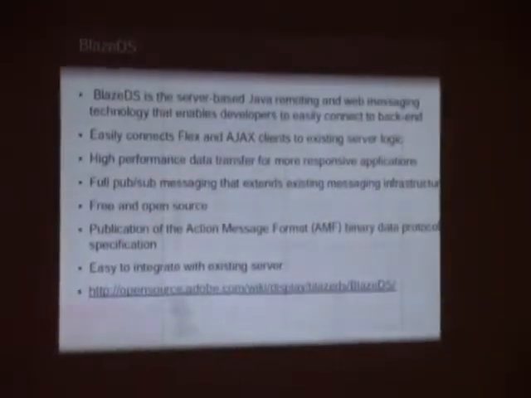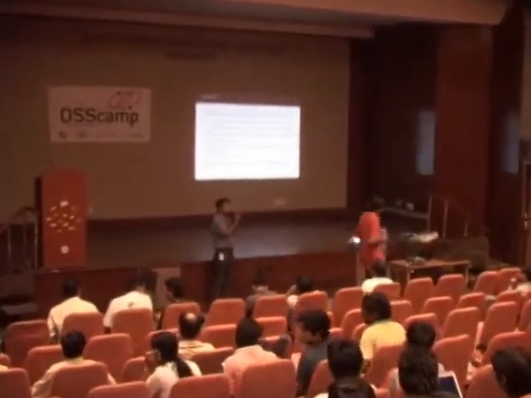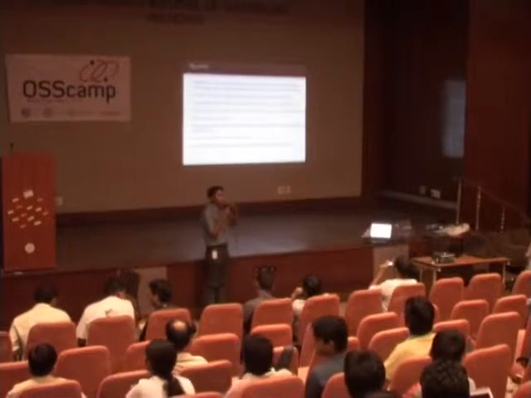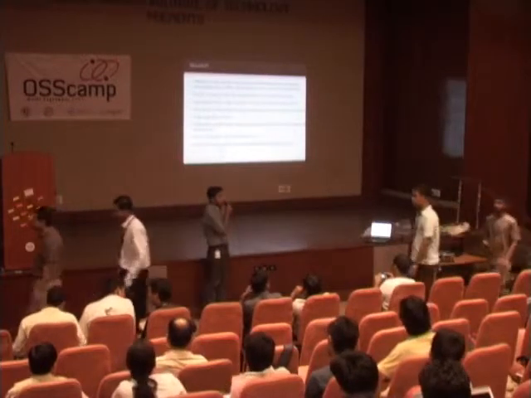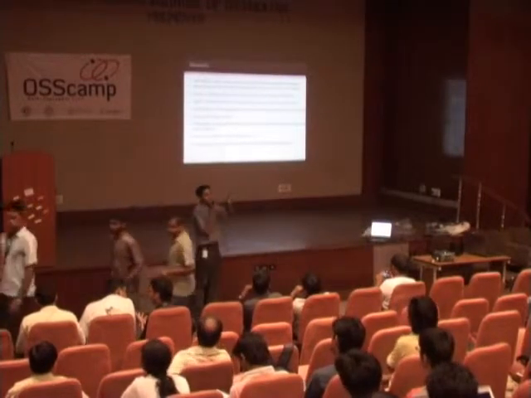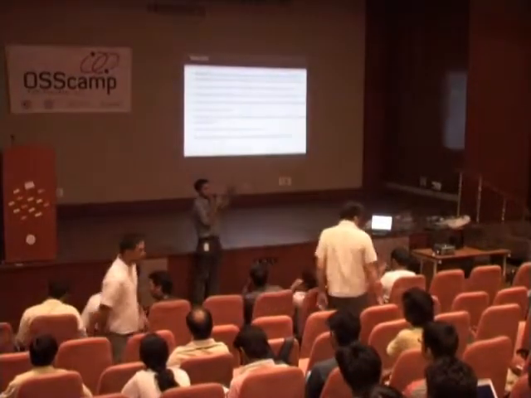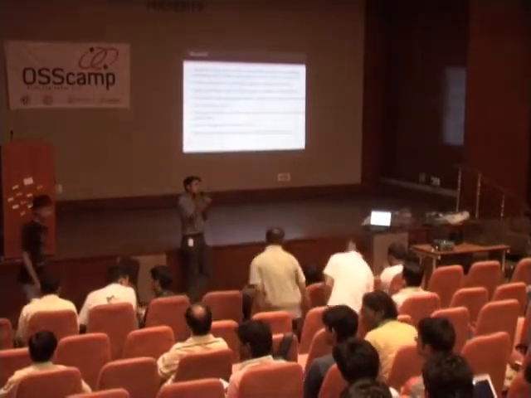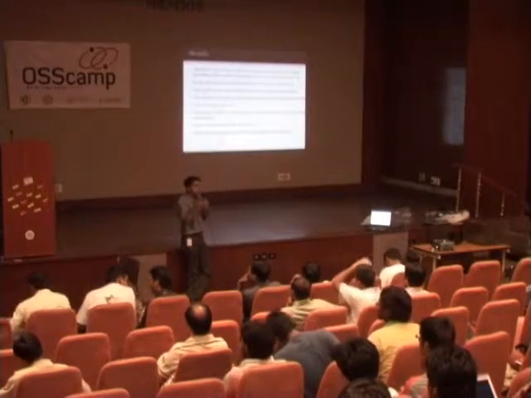So maybe Dipanjan will carry on. Just right now we talked about HTTP service and web service. These standards have been there for quite some time. So we have got a lot of APIs exposed over HTTP services and web services. What is BlazeDS now? BlazeDS is a server-side technology. First of all, it gives you a set of services with which your Flex client can interact with your Java server side. Whatever server you might have on Java, your Flex clients can interact with it through BlazeDS. But of course, you could have done so through web services and HTTP services, right?